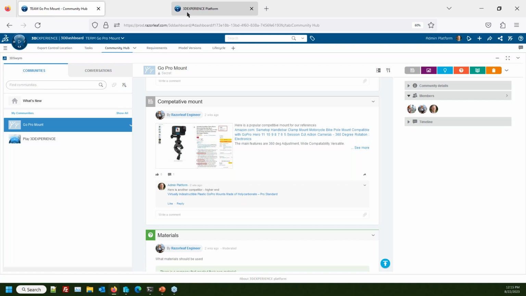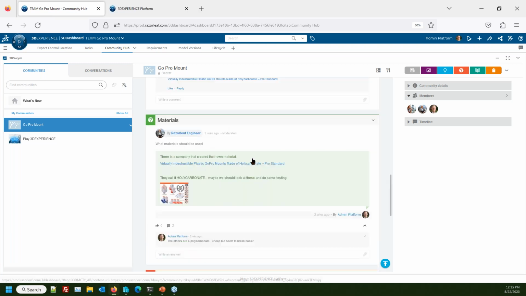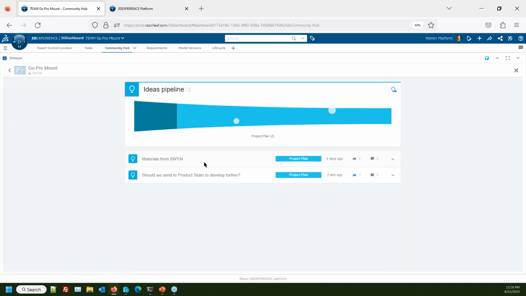In here, I can also filter on the ideas. When I filter on ideas and look at the funnels, I can say, show me all the ideas that are new, or show me ones that are in concept phase, or show me ones that are in project plan. The materials for swim, so if I look at this one,